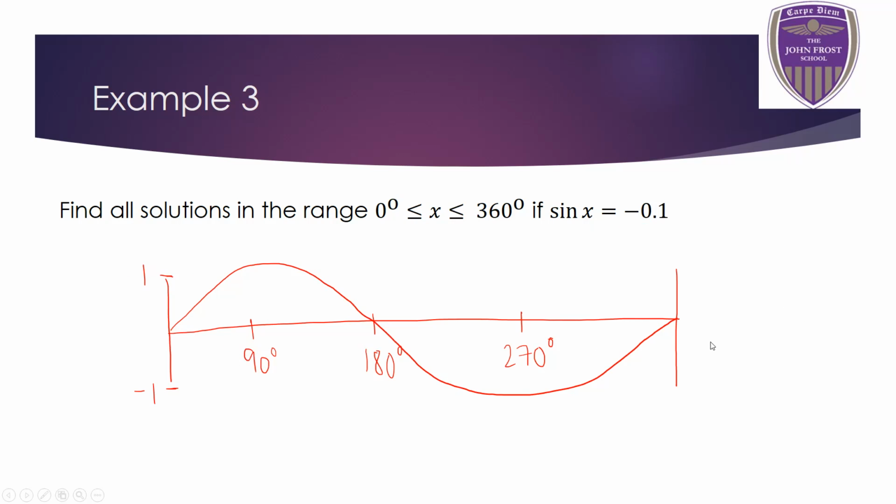Okay, moving on. So for this one, still values of x between 0 and 360. This time sine x equals negative 0.1. So type into your calculators sine to the -1 of minus 0.1. So shift sine